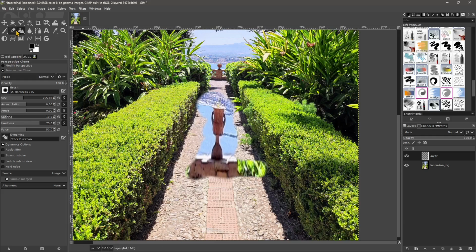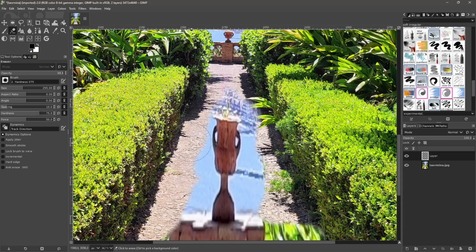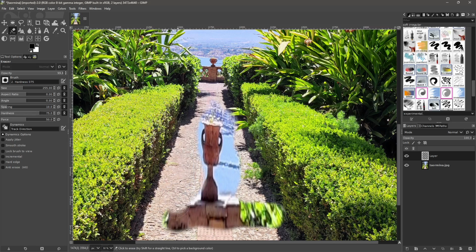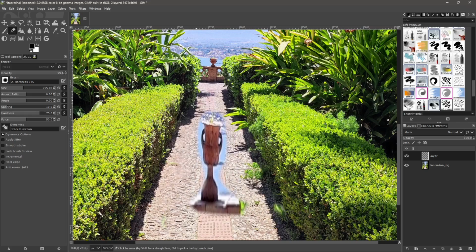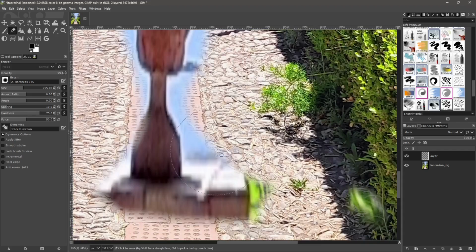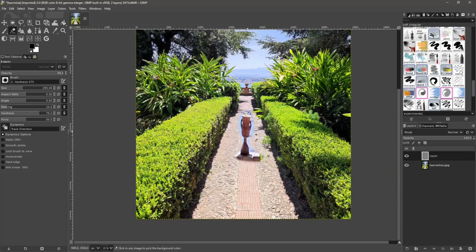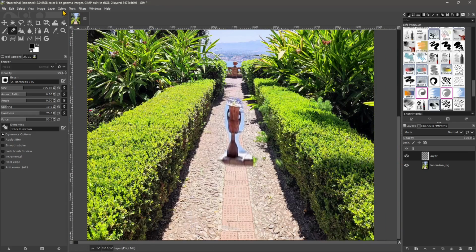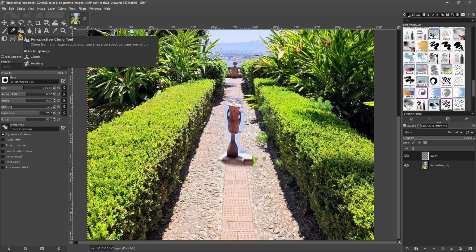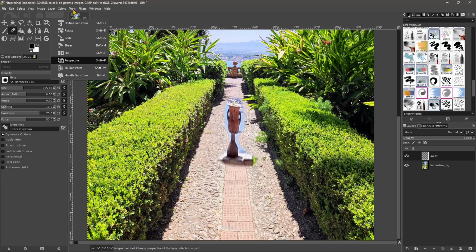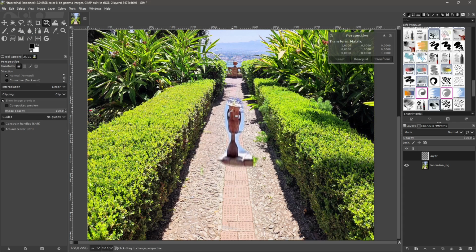So what I'm going to do first is get rid of the extra, and then there you go. Something really quick, but you can be more defined here. But essentially, when I finish getting rid of the extra stuff, I can simply transform this. I can transform it with the standard perspective or another of these transform tools. So if I use perspective,